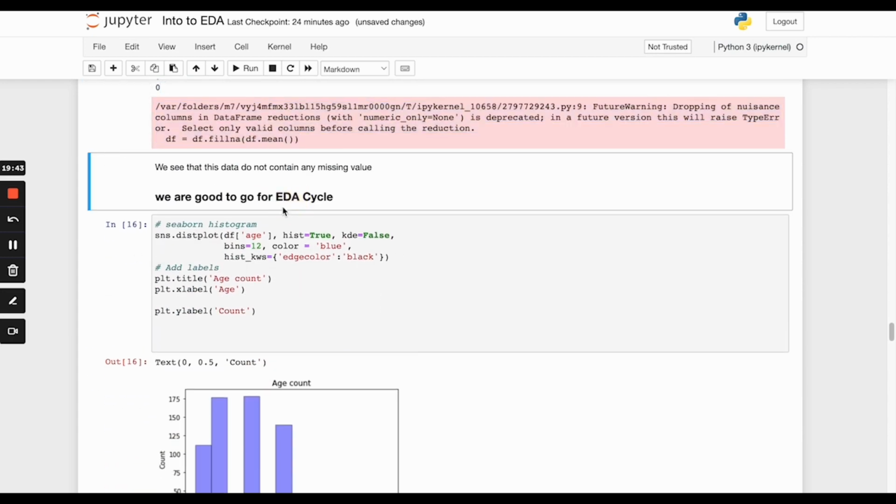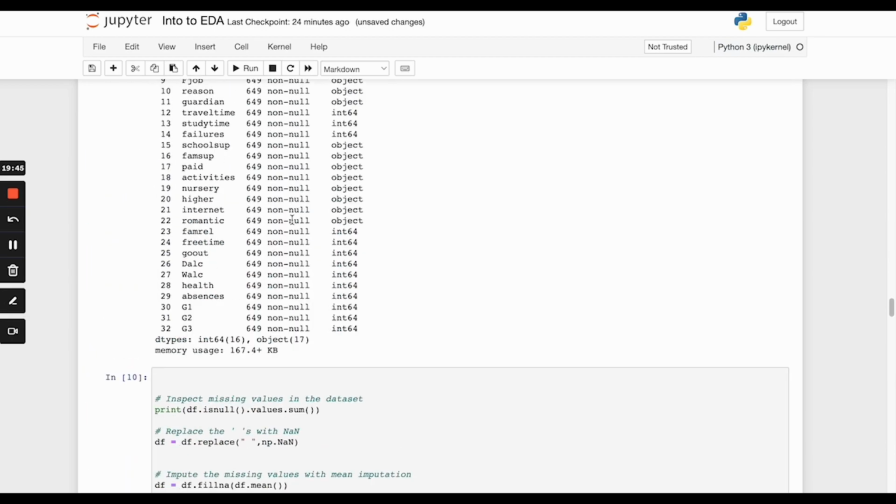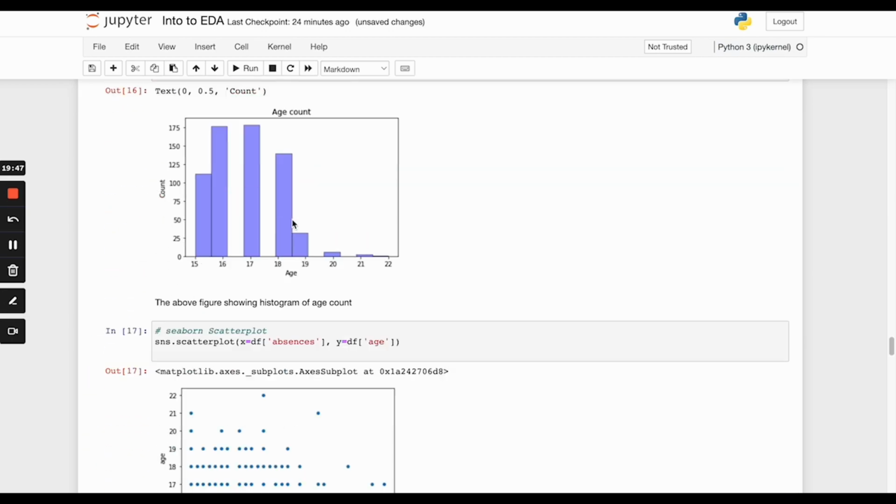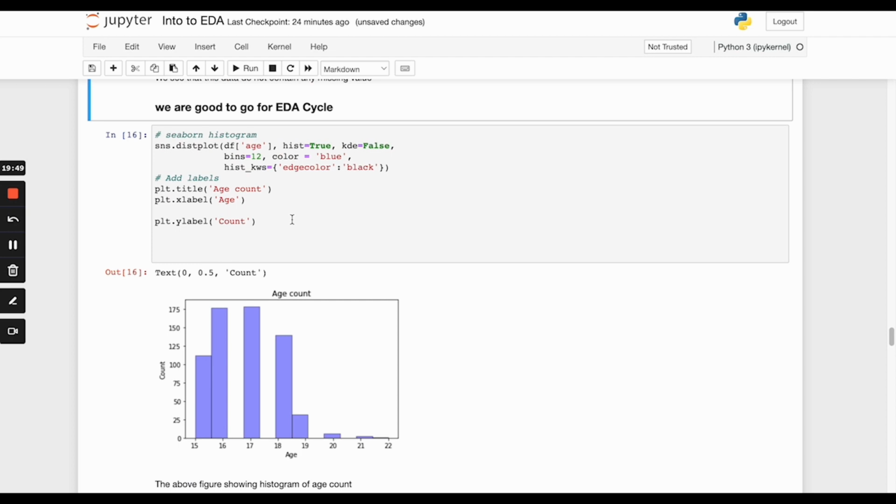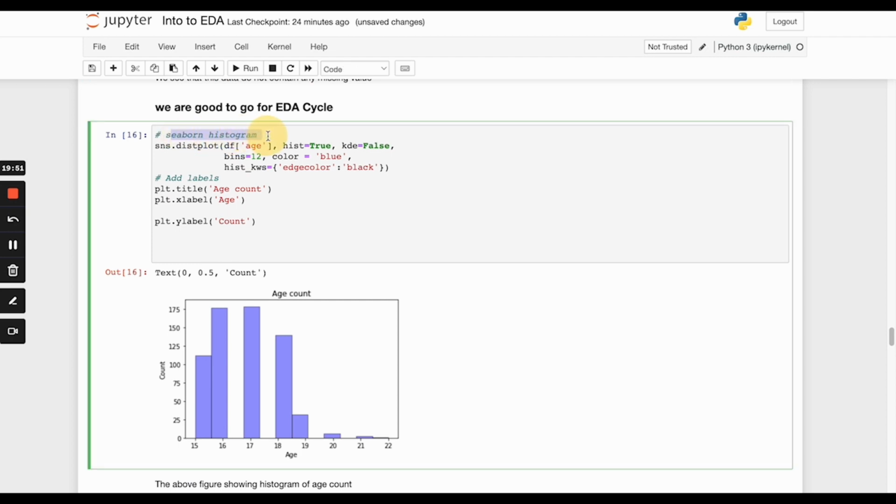Now we will start, like we already started, the EDA cycle, right? Now we will start the EDA cycle in a more graphical way. Now we are going to use the Seaborn library. So we are using sns.distplot, which is called a histogram, right? Distplot. And for a histogram, what do we need? We need